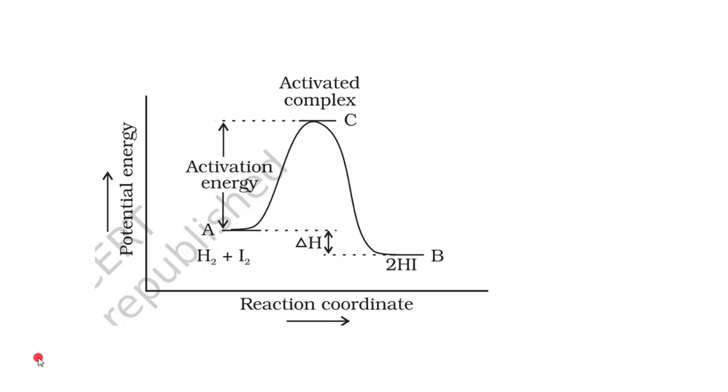Now, to understand that, we have a graph over here where I have taken potential energy along the y axis, and the reaction mechanism along the x axis, right? Two reactants are there, H2 and I2. Whenever hydrogen and iodine react, they produce hydrogen iodide, right? Now here, these two reactants are shown at this point, okay? Their energy has been shown from this point, meaning this is the zero origin part and the reactants are